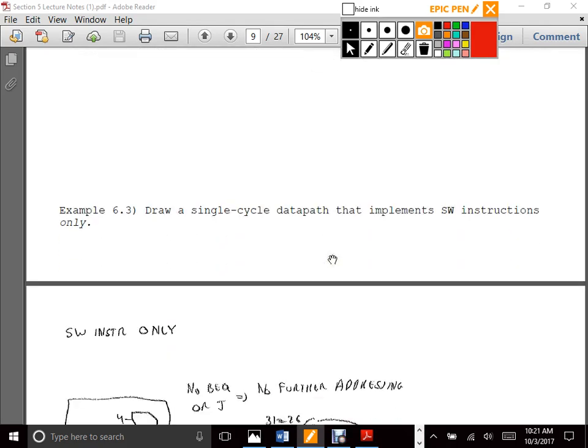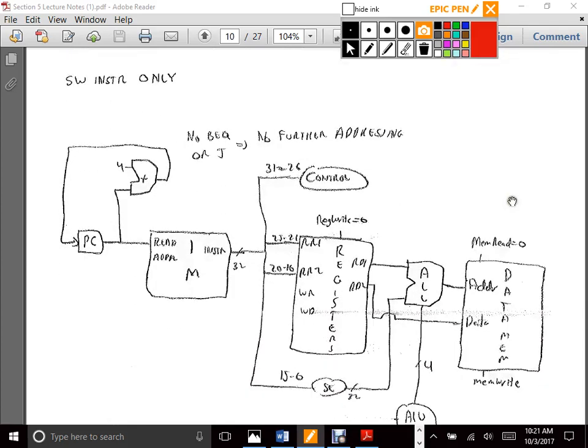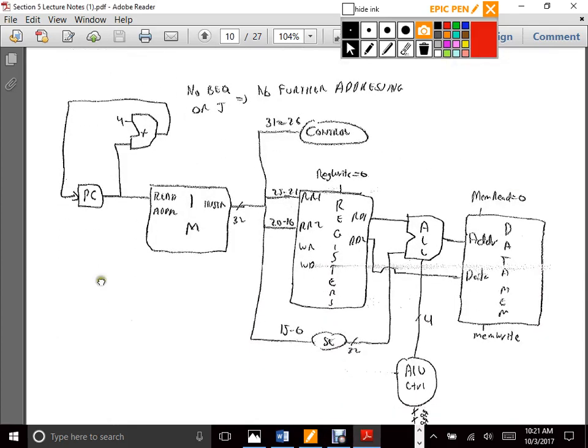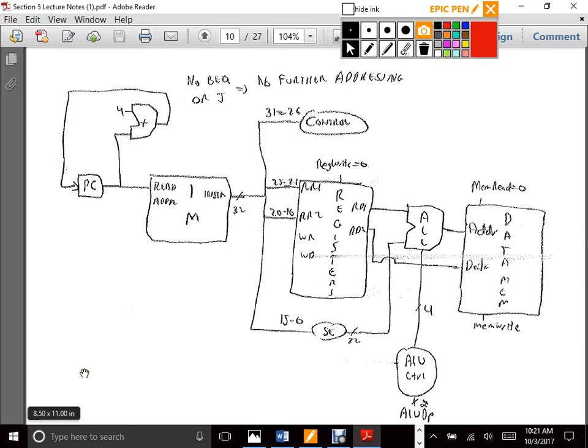All right, let's go to store word. So it's pretty similar with store word, except we're not writing anything back to the register. So notice how write register and write data don't have anything there. What we're going to be doing, if it's store word